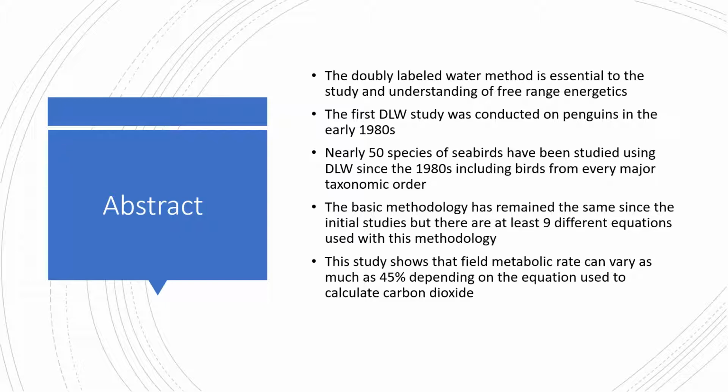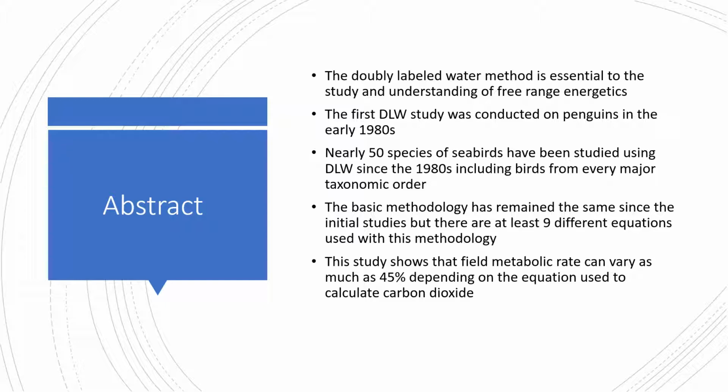Although the basic methodology of this method has remained the same since those early studies in the 1980s, there have been several different equations that are used to calculate the field metabolic rate of animals, which is something that is derived from the final isotope levels collected from the species in the studies. These 9 different equations have come about from many different ways. Some are improvements on old equations,